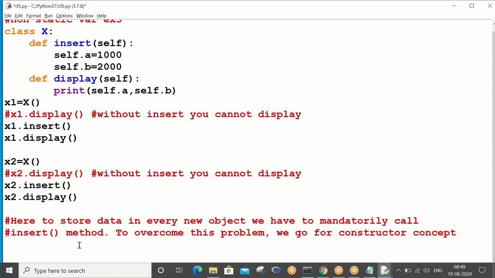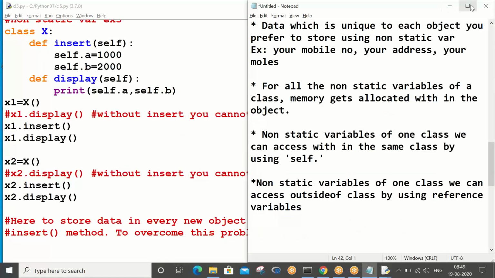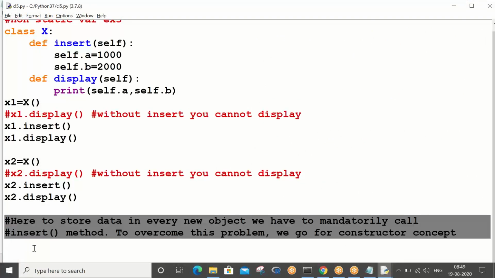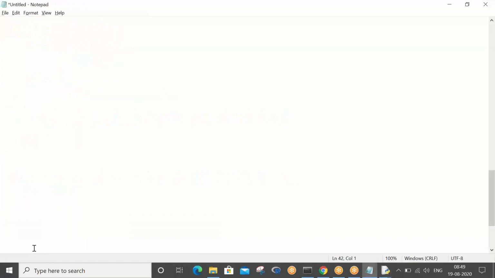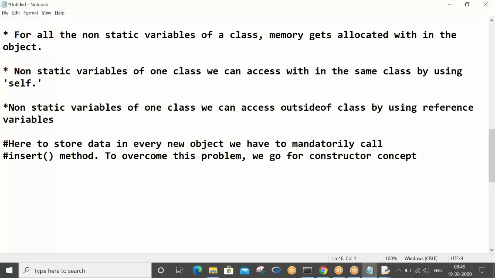I would like to give some points. You just read, and then I will explain tomorrow. What I'll do is I'll copy paste this. Okay, constructor. What is constructor?